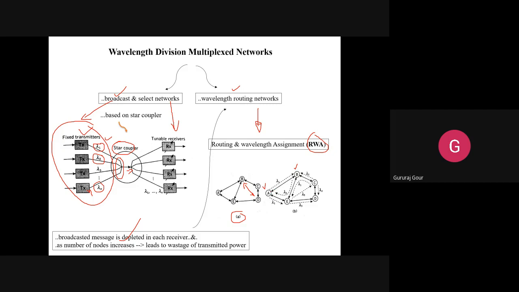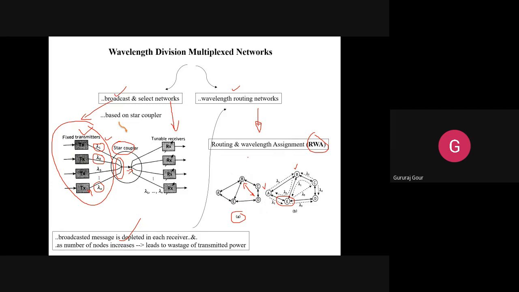Configured means A is able to send lambda 1 only from A to B, and B is able to send lambda 2 only from B to A through intermediate node E. If you send lambda 1 from A, it will reach B directly without any intermediate nodes. If you send lambda 2 from B, it will reach A indirectly through intermediate node E. So we get different explanations here that you can include as part of elaboration.